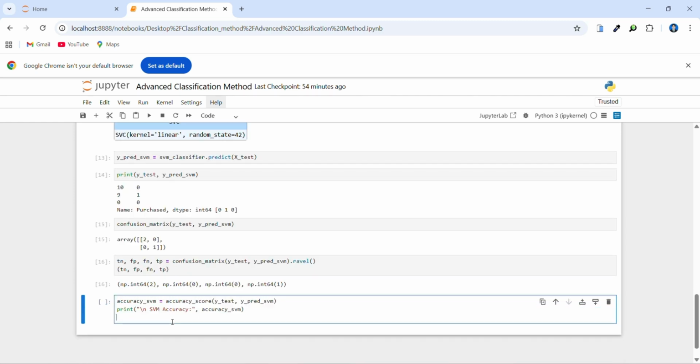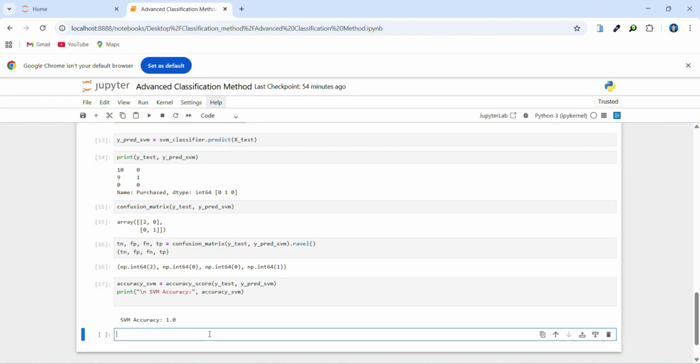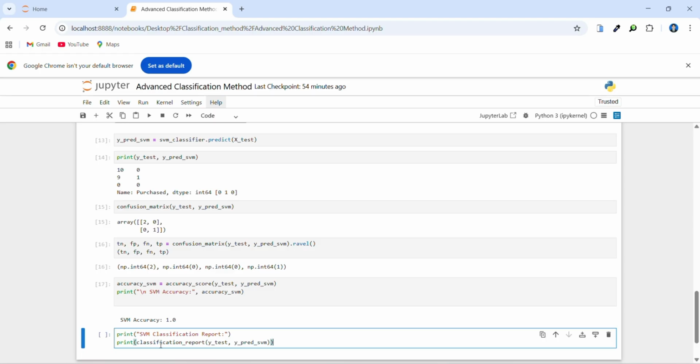And then we evaluate accuracy by comparing the true labels y_test against the predicted y_pred_svm. And done. In this step we extract accuracy, which might vary due to randomness and small sample size.